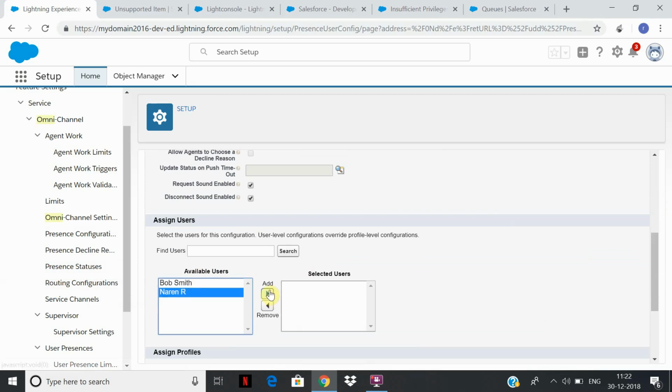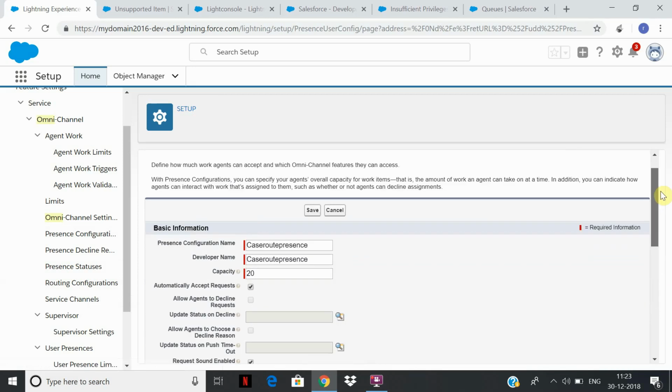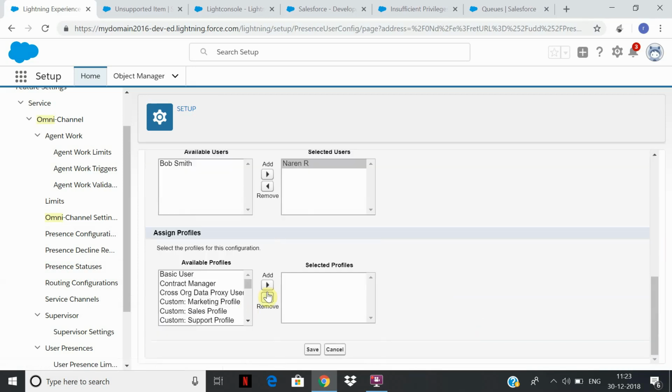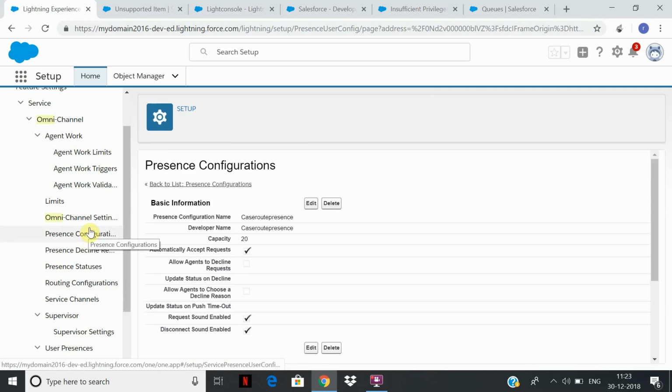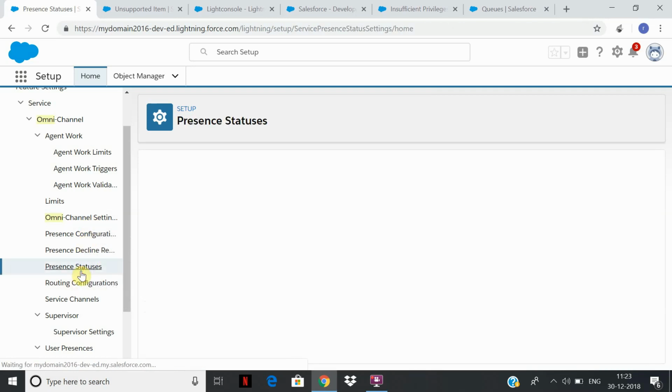So select the name. You need to assign this presence configuration to the user and click save. You need to give both the profile as well as the users you want. So now you have set the routing configuration as to how much per queue the case will get assigned, will remove from the capacity, and how much is the total capacity of a user in the presence configuration. Then the last thing you need to do is click on presence status,